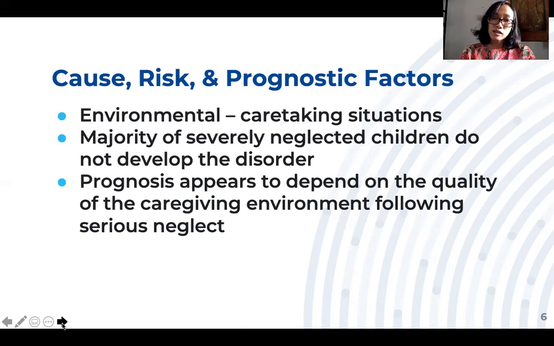Examples of inappropriate ongoing caretaker situations that place a child at greater risk of developing RAD include a baby whose diaper is soiled and not changed for many hours, or a baby who is hungry and not fed for many hours, a baby who is crying and not attended to and not comforted when in distress, or a baby who is not held, touched, talked to, or interacted with for many hours at a time, or an infant whose needs are met only some of the time, or the caregiving is inconsistent, or a young child who only gains the attention of caretakers by acting up or being disruptive,